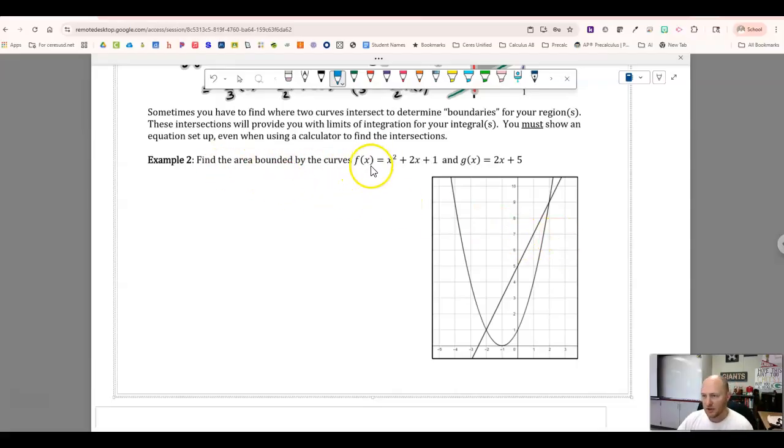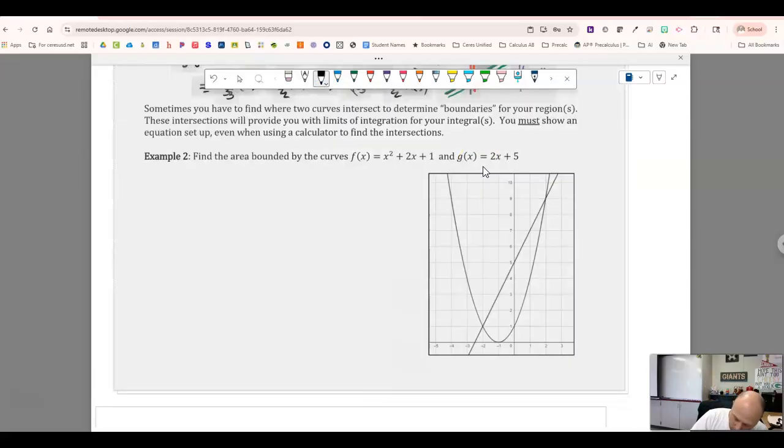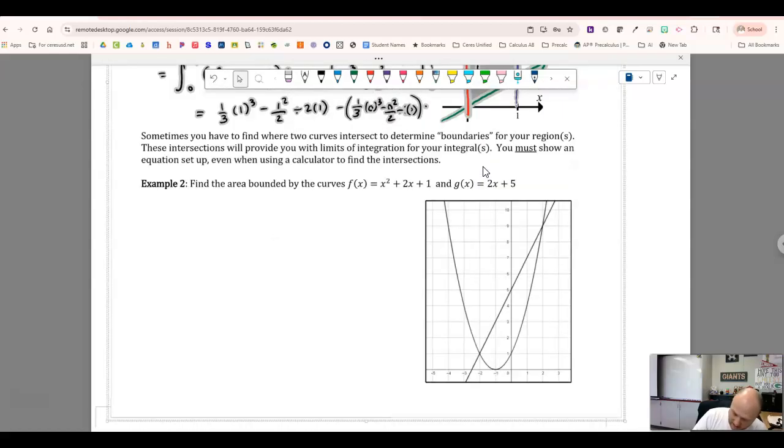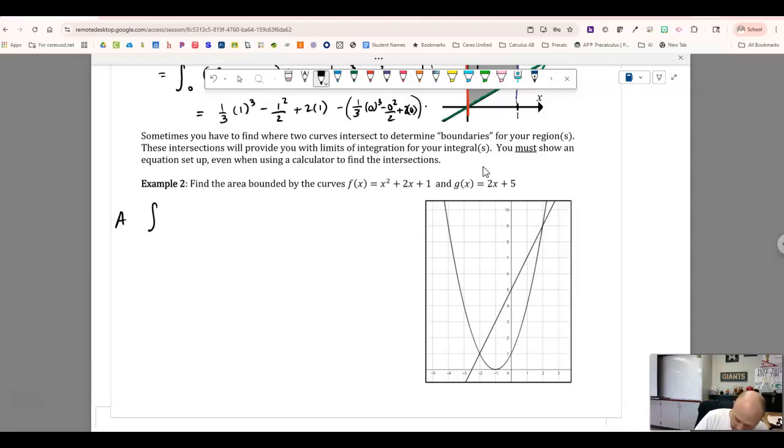Find the area bounded by the curves f and g. Okay, so this is going to be equal to the area